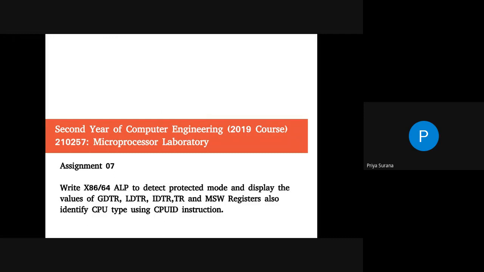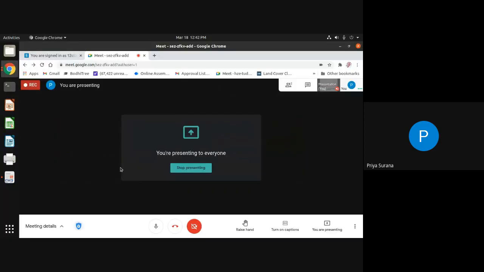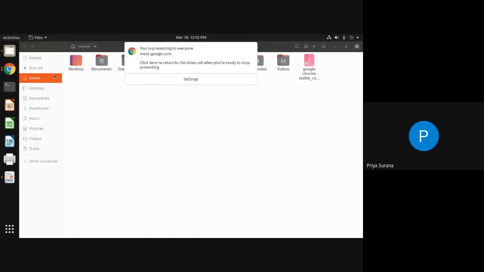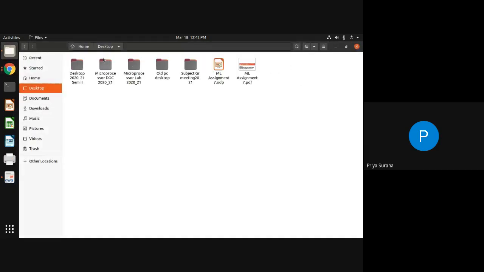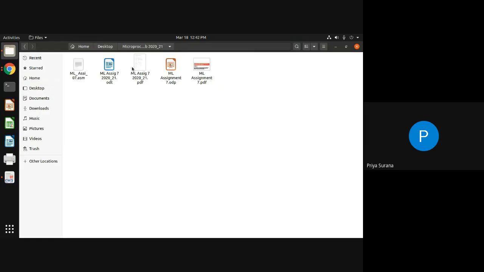Now we will discuss the program, how to implement this in an assembly language program. I will open that program, we will discuss it and then we will execute it.